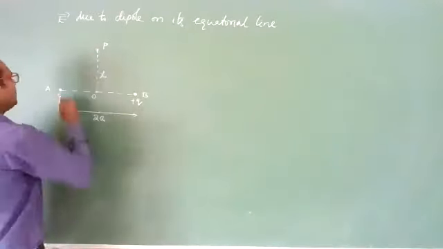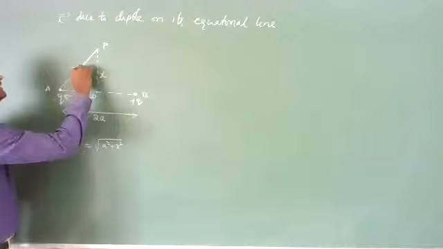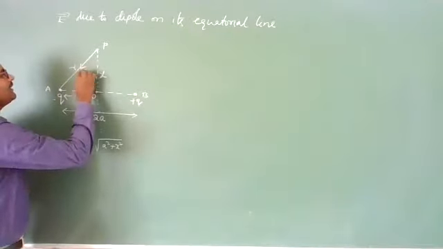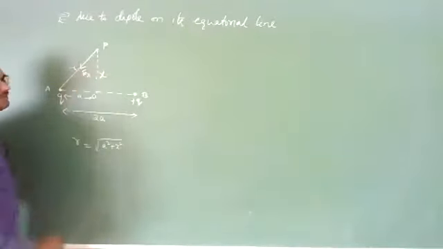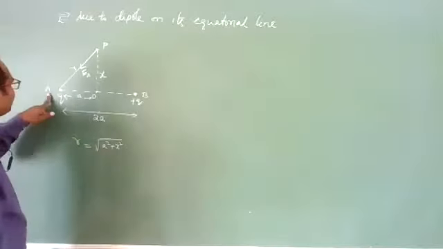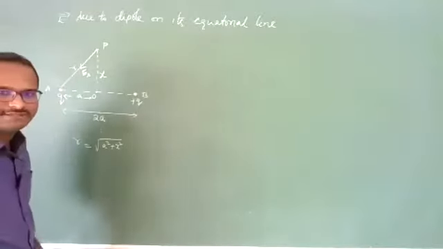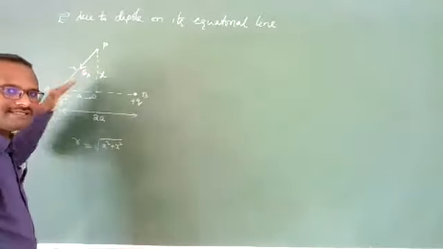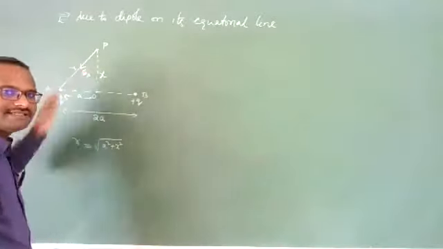Now at a distance of r, due to the negative charge at this point P, the electric field, which direction? The electric field is always towards the negative charge. Yes, it is in this direction. That is EA, I am calling the electric field due to the charge at A, or the electric field due to the negative charge, you can say. So EA is in this direction.